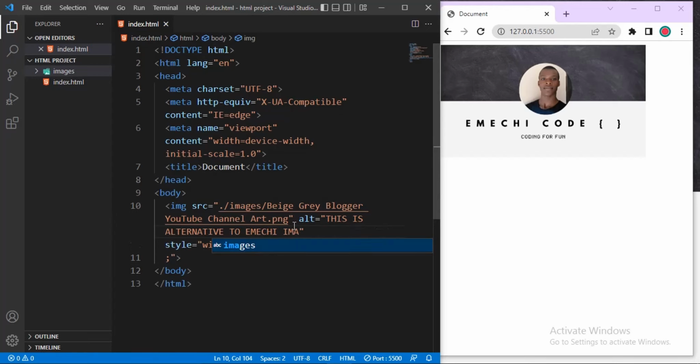Okay, image. So we have now added the alternative. It will not do anything as long as the image is there. But when it actually comes into play is when there's an issue with this image